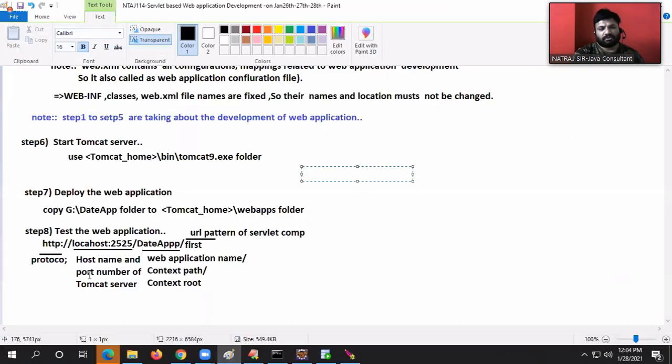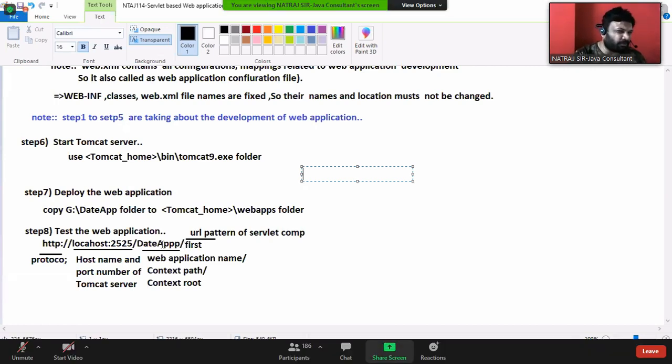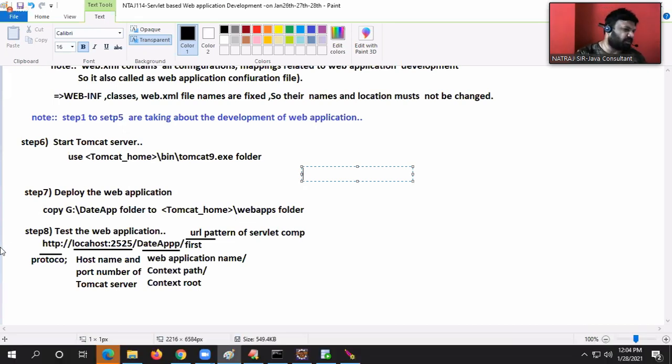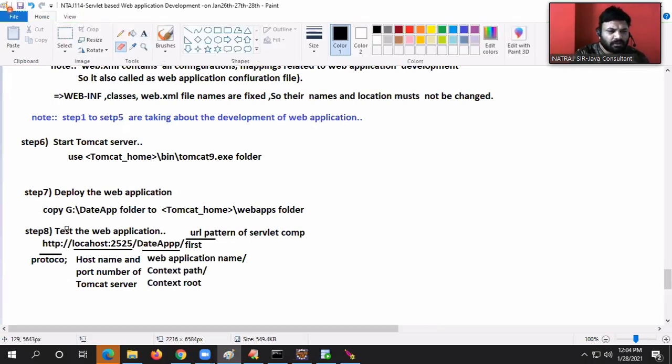Hey browser, go to the first URL pattern based servlet component of the DataApp web application, which is running on localhost port number 2525, the current computer. In that process, it will use the HTTP protocol, guys. HTTPS also will be there, but HTTPS is heavy for us. Some security and other stuff comes into it.